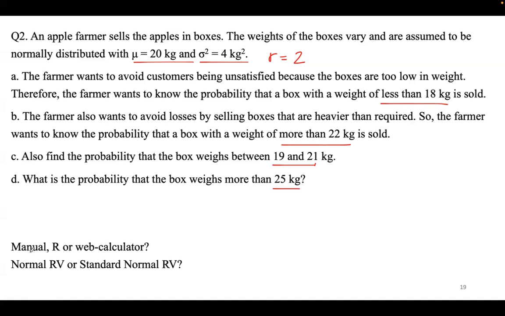Like the previous question, we can manually solve this. We can do a lot of calculations, or we can directly put it in on R. We can do it on these websites also, right? We can either go with the actual values or we can convert it to a standard normal distribution. For one of these I'll solve, but for the other 3, I'll just give you the answer,